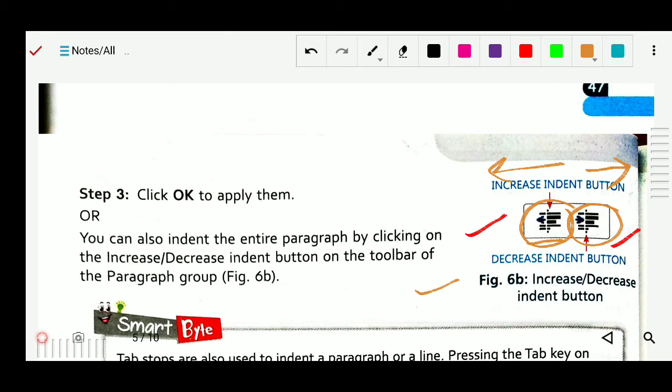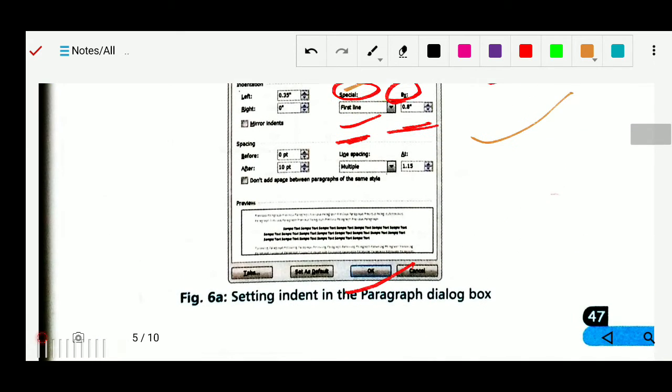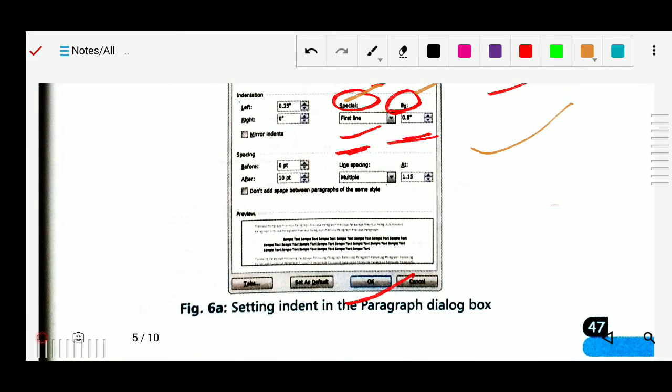Next we have, and also one more thing you should know here. Whatever changes you apply here, like First line By, you can see the preview of how it will look.